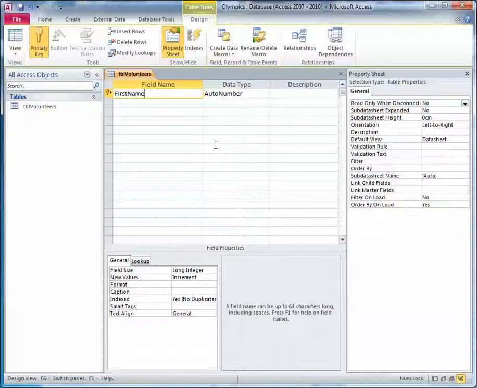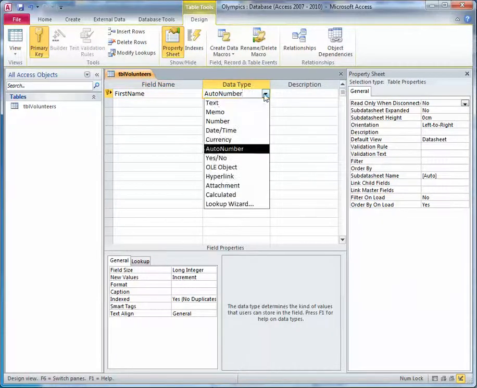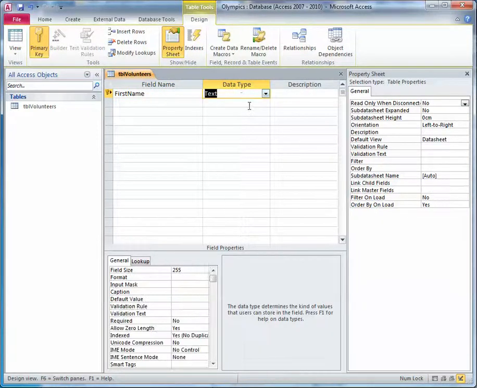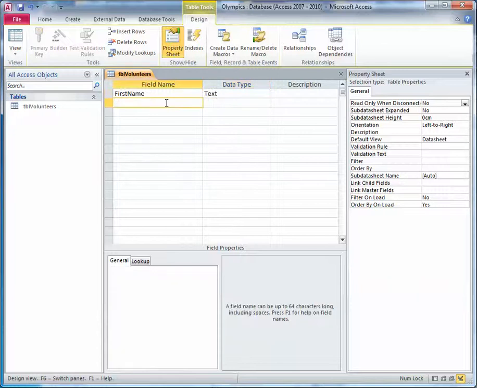Okay, so first name, and the data type is going to be text. Now I don't want my first name to be the primary key because there could be people with the same first name, so it wouldn't be unique. So I'm just going to click primary key, and it takes the key off there. So there's first name, and then my next field is going to be called last name,